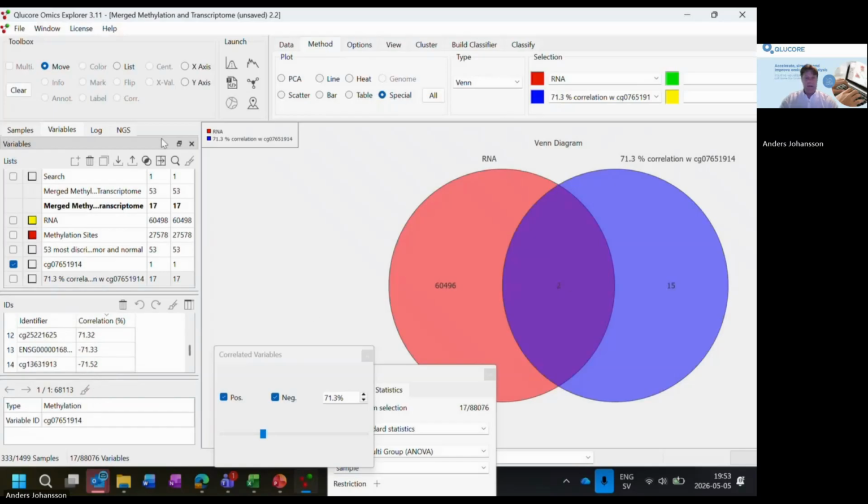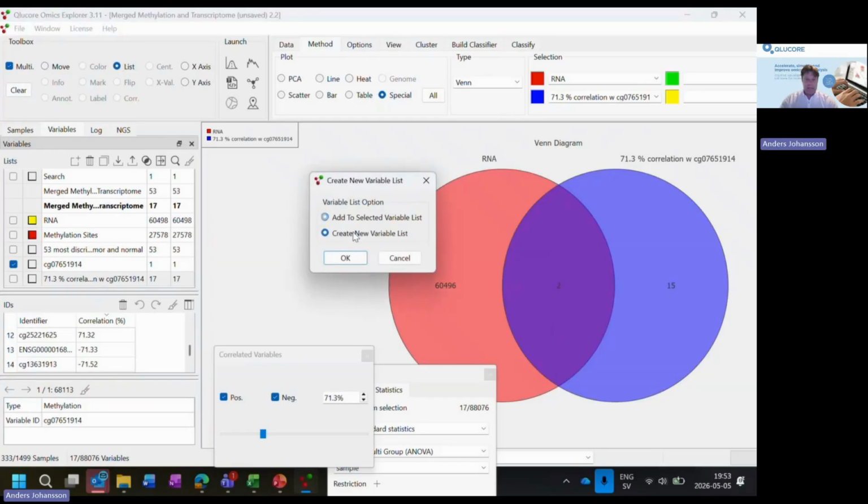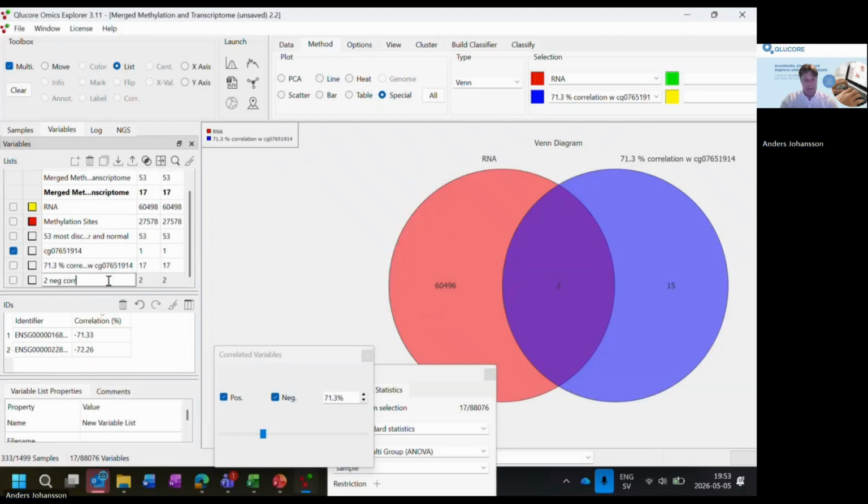So I would choose the list tool. I will circle this, create a new variable list. We have these 2 negatively correlated genes, and we see them below here,